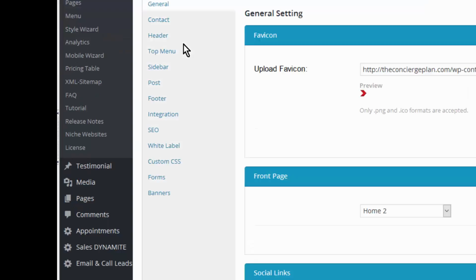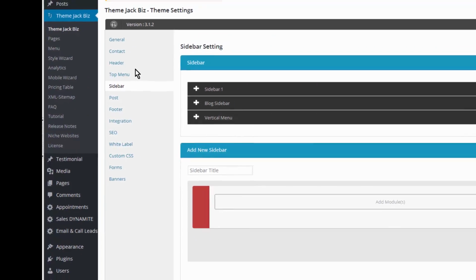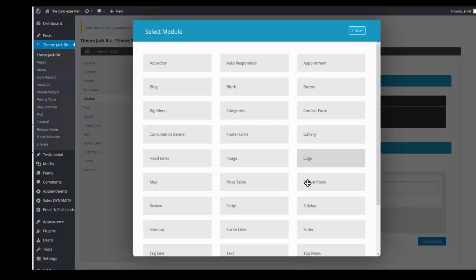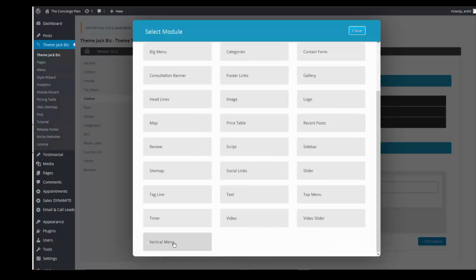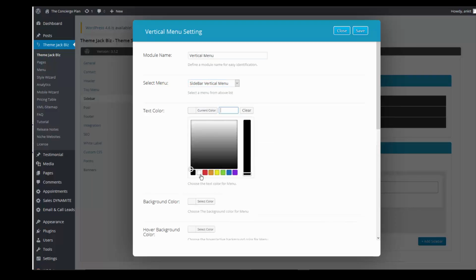and come down to sidebar, and we want to add a sidebar. Give it a name. So then we add a module, and there is this handy dandy module down here, vertical menu. And the module name, and select the menu, sidebar vertical menu, select the text color,